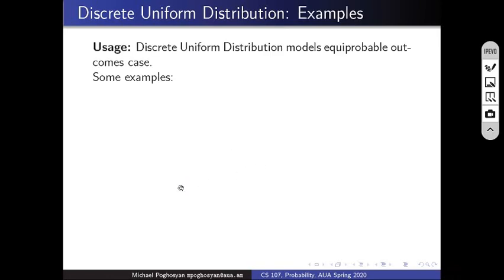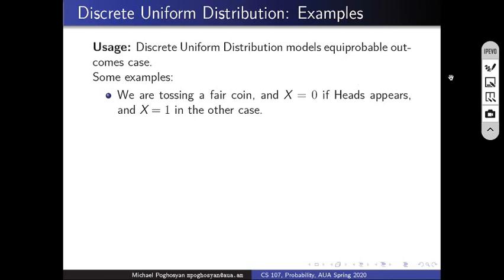1 over n. Now the usage: the discrete uniform distribution models the equiprobable outcomes case, and we have talked about a lot of examples of equiprobable type. Some examples are, say, we are tossing a fair coin, x is 0 if heads appears, and x is 1 in the other case. So in this case, we can write that